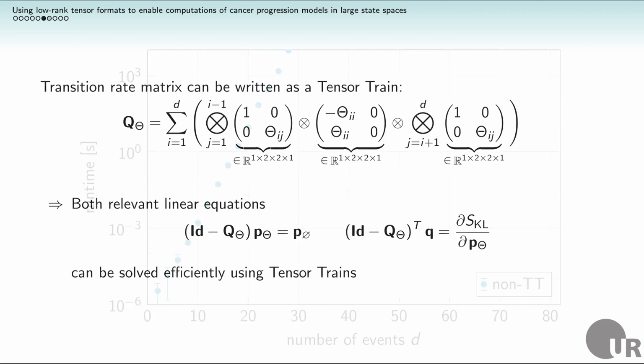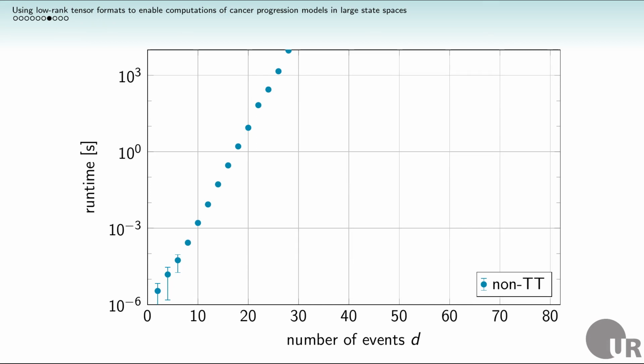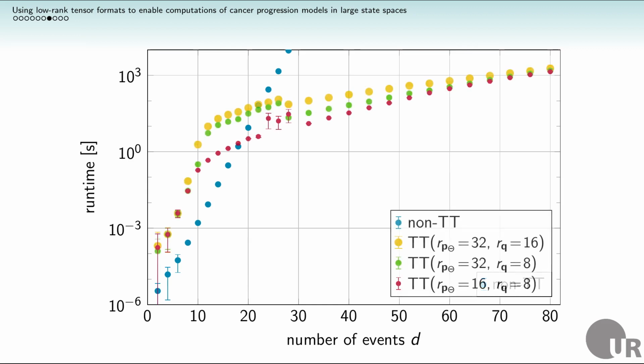The speedup of this method can be seen best by looking at the runtime for one score and gradient evaluation. As we can see, the runtime of the standard approach scales exponentially with the number of events. For the tensor train calculations, we see that they require quite a bit of computational overhead for a small number of events, but depending on the accuracy of our calculation, we reach the point of break-even at around 20 events, and afterwards the tensor train calculation outperforms the standard approach significantly, allowing us to go up to 80 events. In comparison, the standard approach limits us to below 30 events.